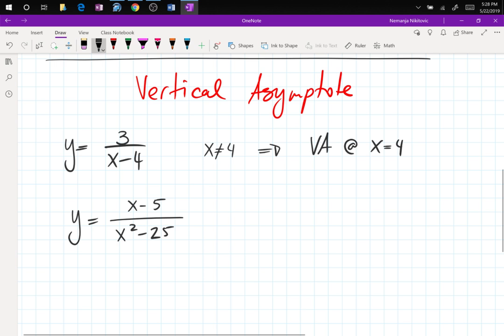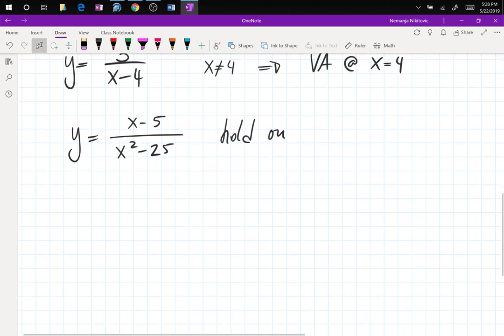So in this case, I'll just say, hold on. Because I want to first define the vertical asymptote, and then I'm going to go back and solve this question when I have a proper definition through limit. Okay, so